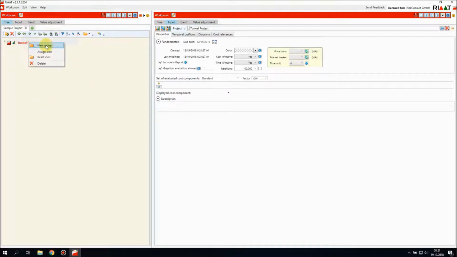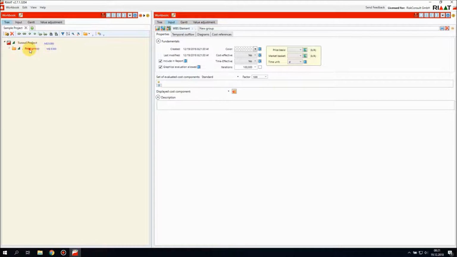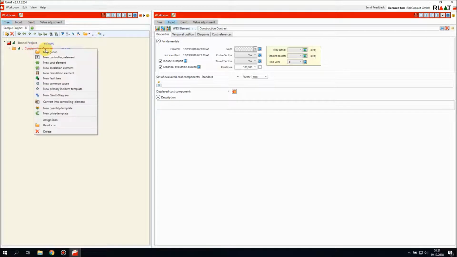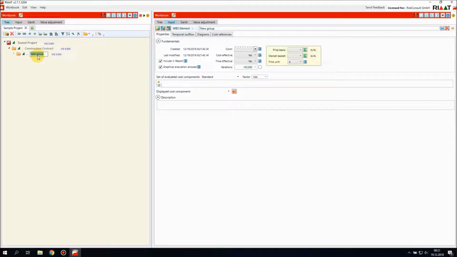And we can add new groups, such as construction contract, which consists of, for example, tunneling works and systems